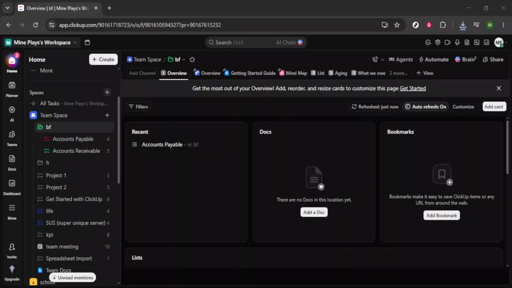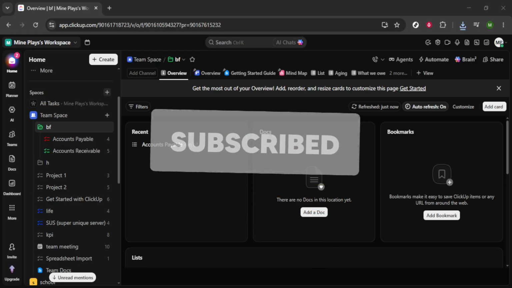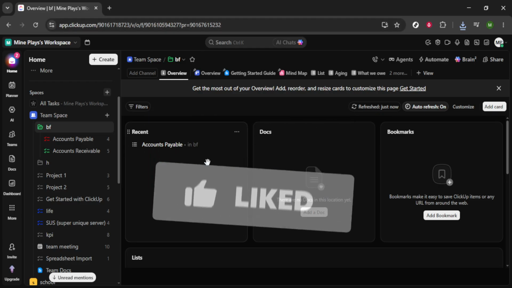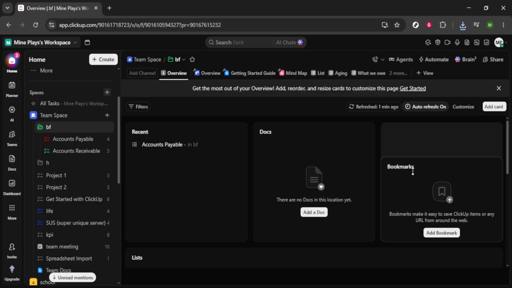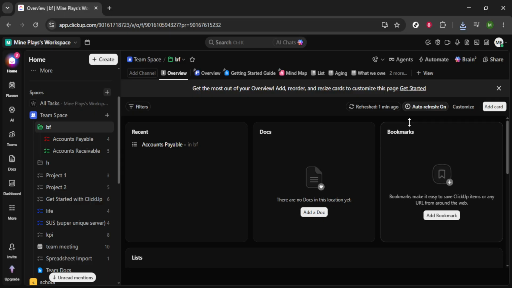In today's video, I'm going to teach you how to add docs in ClickUp. ClickUp is an all-in-one productivity tool that helps teams and individuals stay organized, manage projects, and collaborate seamlessly. One of its powerful features is the ability to create and manage documents directly within your workspace. Whether you're drafting a project plan, writing meeting notes, or brainstorming ideas, this feature is designed to keep everything in one place. So let's dive in and walk through step by step how you can add docs to your ClickUp